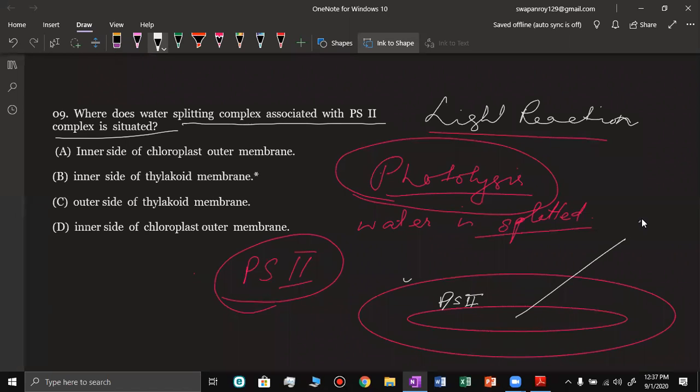This one is the lumen, and this is the membrane. This is the width of the membrane, and this PS2 is located on the inner side of the membrane, and this water splitting complex also is